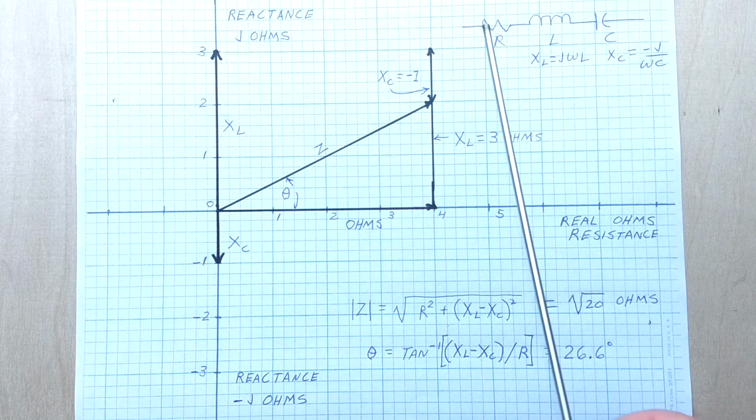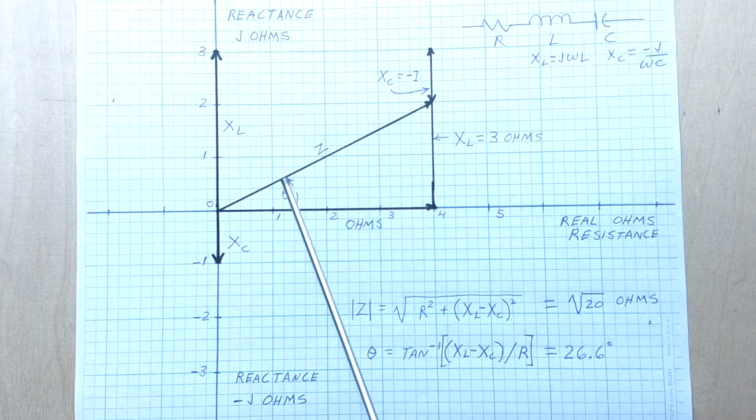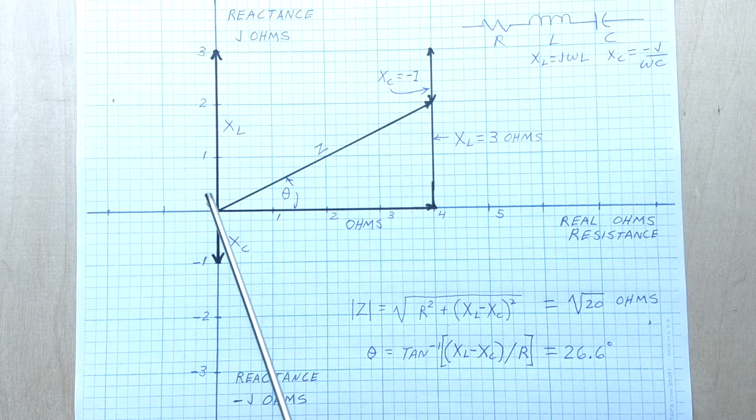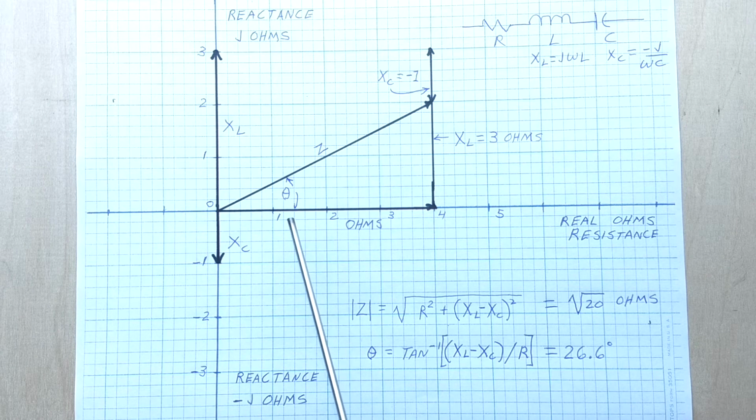Okay, here we have an RLC circuit, and this time we've selected the capacitance so that the capacitive reactance is negative 1 ohm. And we've left the inductive reactance at 3 ohms and the real resistance at 4 ohms. So in this case,